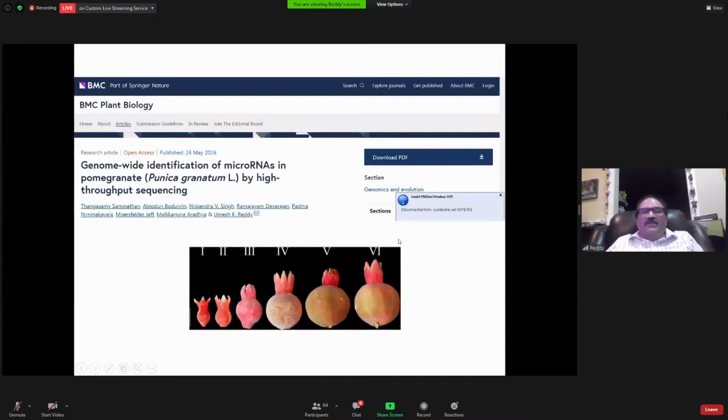So in these melons, we identified the fruit firmness gene using conventional mapping techniques. And also we collaborated with ICAR. Dr. Singh came to my lab and worked for 3 months. In 3 months, he published 2 papers.